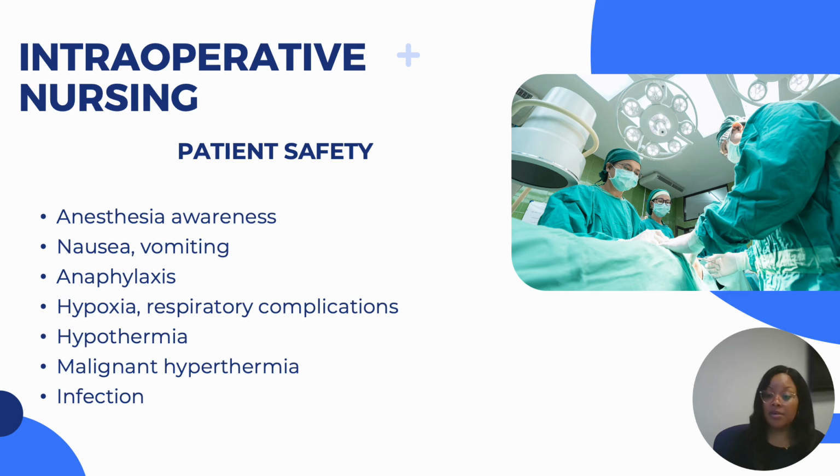So back to some more things that we need to keep in mind is anesthesia awareness. If they're getting general anesthesia, they're going to need to be intubated, and if they're intubated, this patient can't breathe on their own, we're breathing for them. Knowing that stuff, knowing about nausea and vomiting that could happen if that patient eats before surgery. So knowing things that could protect our patient. Anaphylaxis, knowing that they could have an anaphylaxis reaction in the OR, hypoxia, any type of respiratory complications, hypothermia, and malignant hyperthermia could happen, and they could be at risk for an infection. So knowing all these factors of surgery can help us